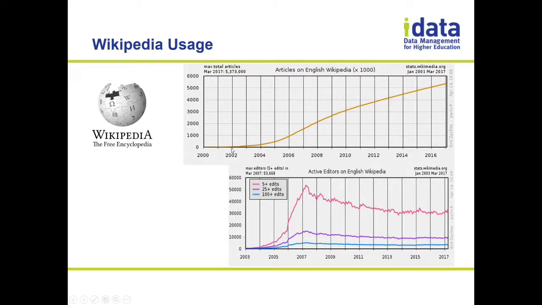So this chart represents, starting in 2002, and then it lines up here in 2003, the quantity of articles in Wikipedia. And this chart represents the number of editors doing 5+ edits, 25+ edits, or 100+ edits. I say this blue line, your 100+ edit group, are the people who just love writing definitions, like your data stewards or very active, engaged people in the process. These are maybe your super users, and then these are your casual editors, right? Most of the world is actually none of these. Most people just interact with the content.